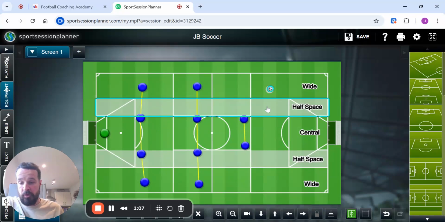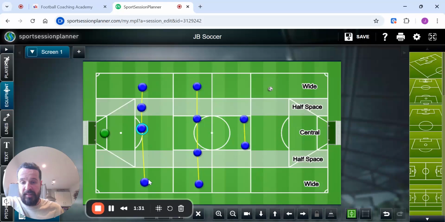So the opposition have got the ball at the moment, and if we were in this wide channel, the first thing we would want to be is ball side. Okay, so we're going to talk about 2 things: ball side and goal side. So we get goal side of the ball, and then we want to get ball side, which is we want to be the ball side of the pitch. So we're in this wide zone at the moment. We would want to see us shift across the pitch to be as compact as possible,